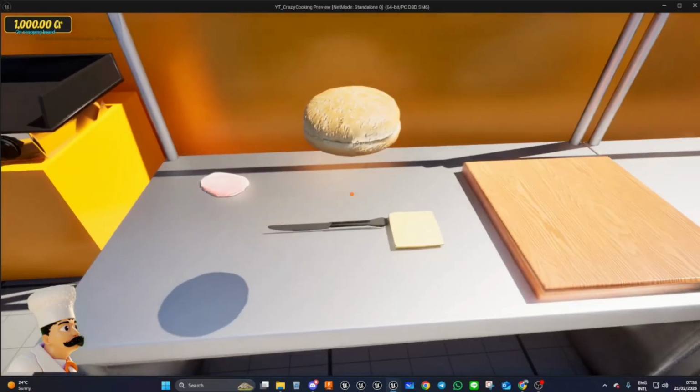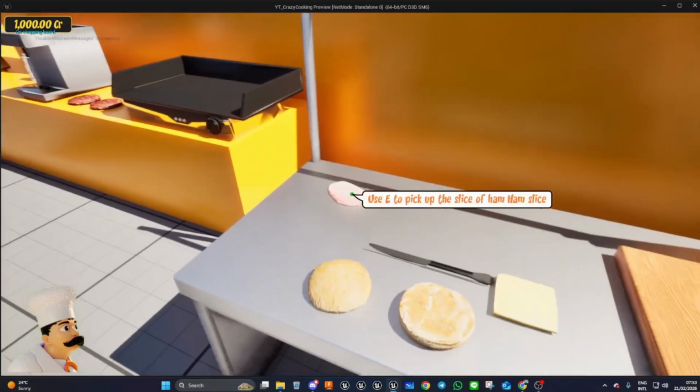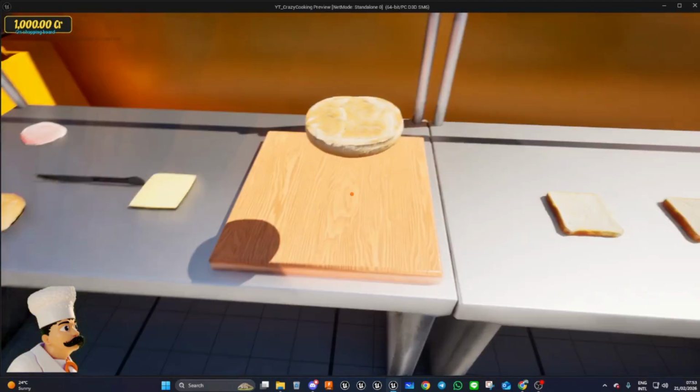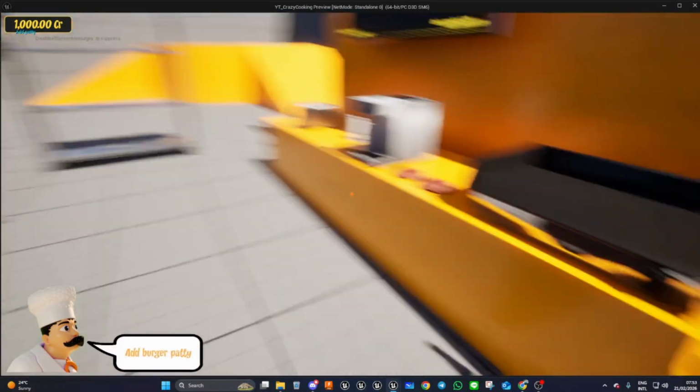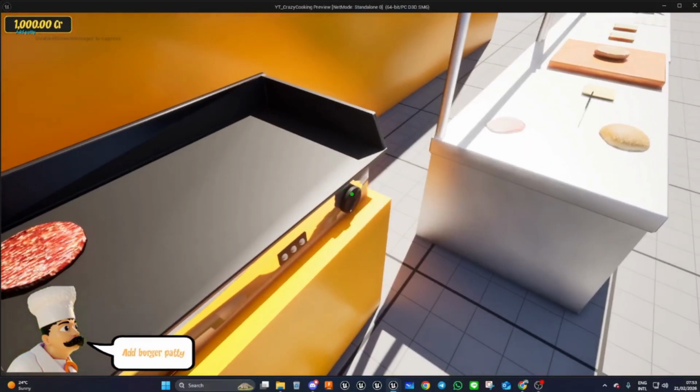Here we've got our cheese here. That's nice. Bit of bun. Drop it. Drop our burger on there. Our bun on there, I should say. And we're going to